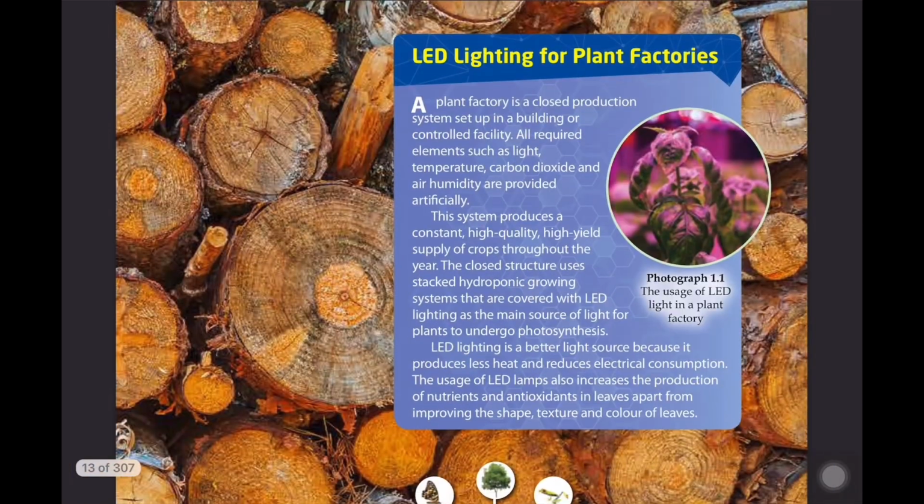Okay, let's start with the little fun fact, which is the purpose of using LED lighting for plant factories. So a plant factory is a closed production system set up in a building or controlled facility. So keywords: closed production system, controlled facility. Okay, so all the required elements such as light, temperature, carbon dioxide, humidity, all are provided artificially because we want it to be controlled. Okay, and this system produces constant, high quality and high yield supply of crops throughout the